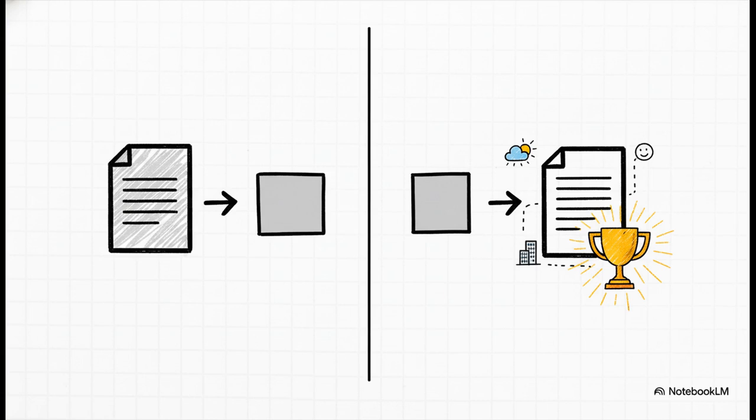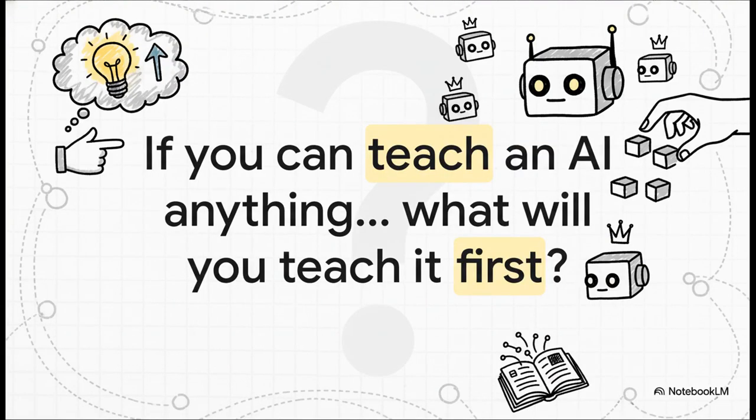If you remember just one thing from all of this, let it be this mantra right here. You're enhancing your prompt. You're adding a few quick illustrations to show the AI the pattern, not just tell it. That simple shift from telling to showing, well, it changes everything. And that leaves us with one final provocative question. This technique puts the power of teaching right in your hands. You can create these little mini experts on the fly with just a few well-chosen examples. So, if you can teach an AI anything,